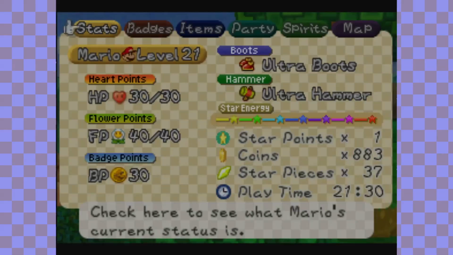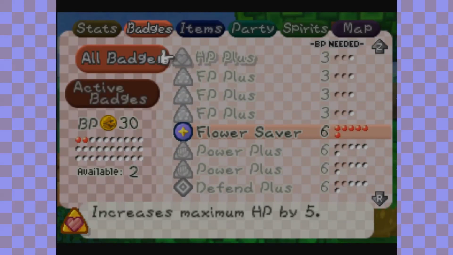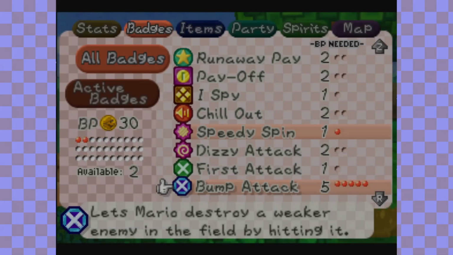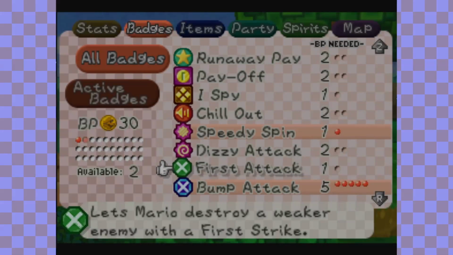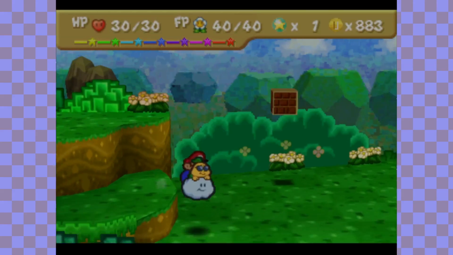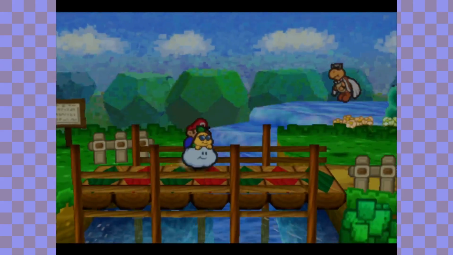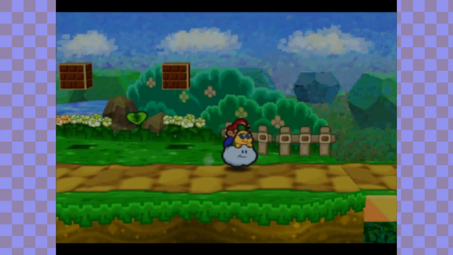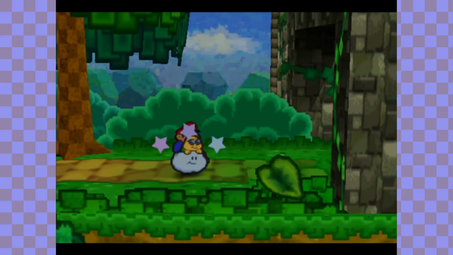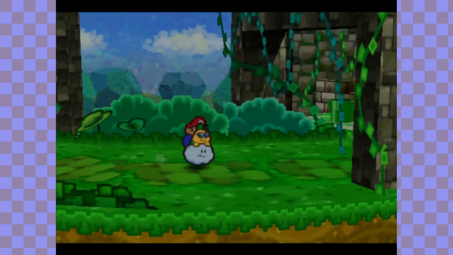As such, if you're playing along and are an idiot like me too, you might want to have the Bump Attack badge or the First Attack badge. Either one works, because at this point, if you're trying to backtrack to find things, you don't want to have the inconvenience of battle get in your way, so at least you'll have something to do. Anyway, our first stop is the Koopa Bros Fortress,